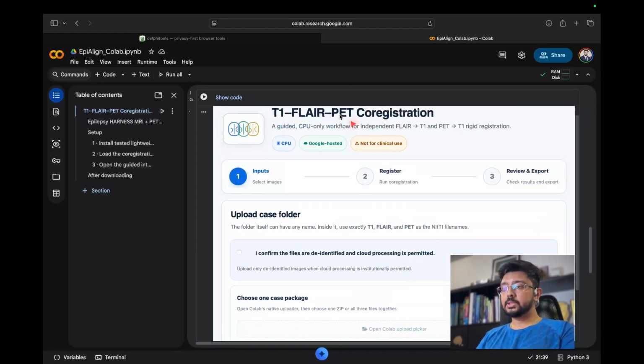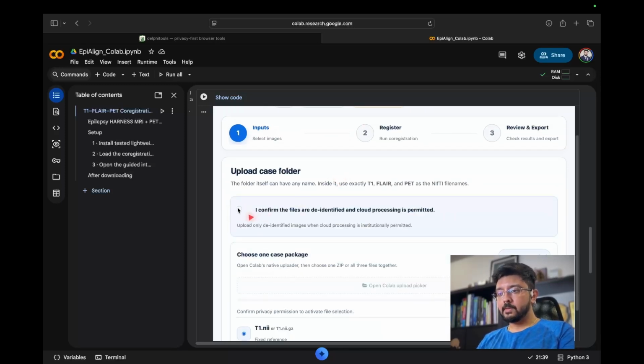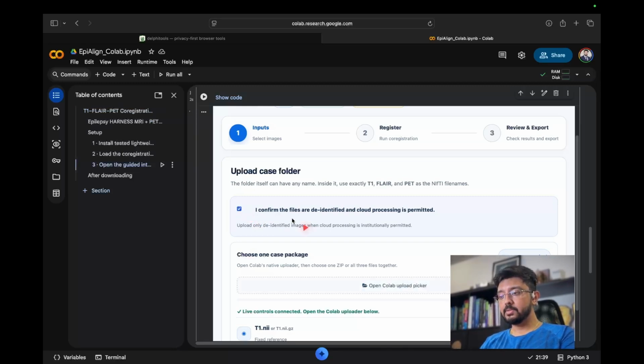So this runs on the Google hosted CPU service. It does not run on your computer. You have to confirm that the files are de-identified and you have taken the appropriate permission from the patients. This is only for educational purposes. This is not for clinical purposes. Once you confirm,